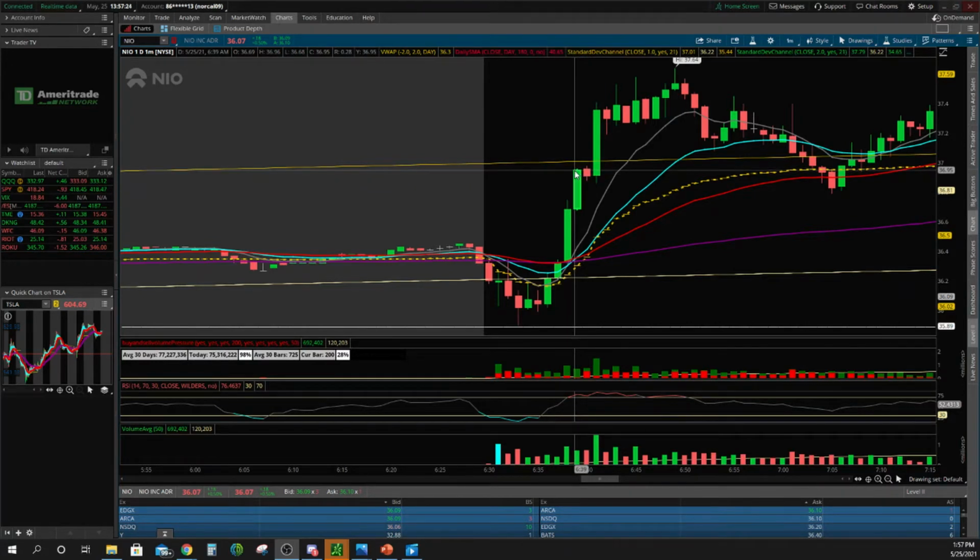So you could have sold a half or 3/4, whatever you want to do, or you could have just held it. This is up to you, whatever you feel like your risk reward needs to be. If you're risking 1 to make 3, well then you need 37.20. This pulls back, 1 minute pullback